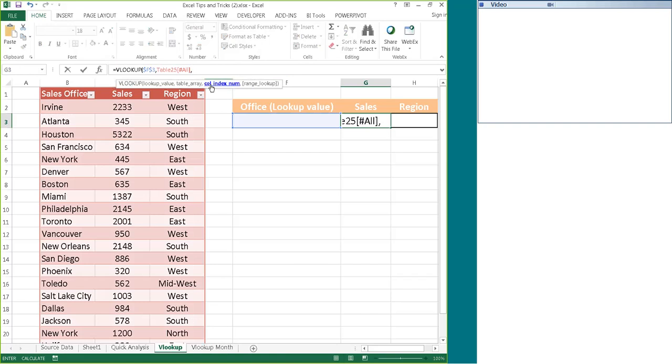Next, it's just asking for the column index number. All it's saying is what column do you want. Sales is in the second column, so I'm going to type in a 2. And then if I use my separator, don't forget your separators, that'll move you to the next